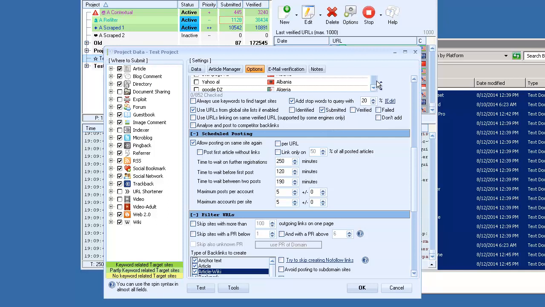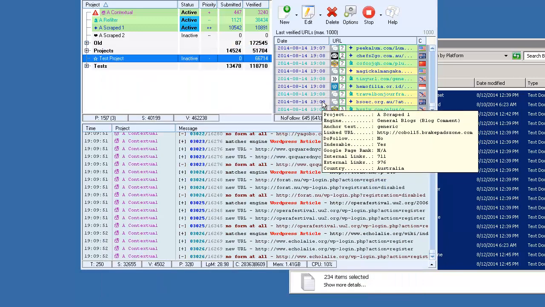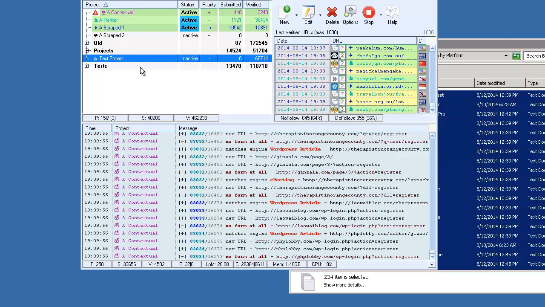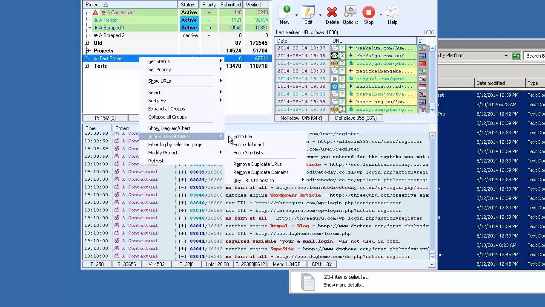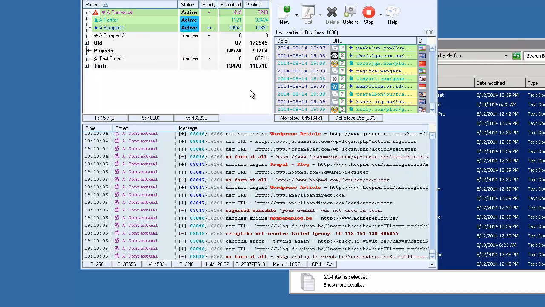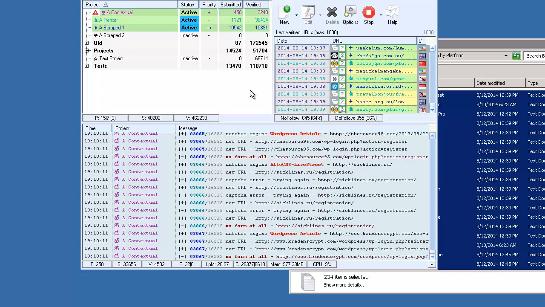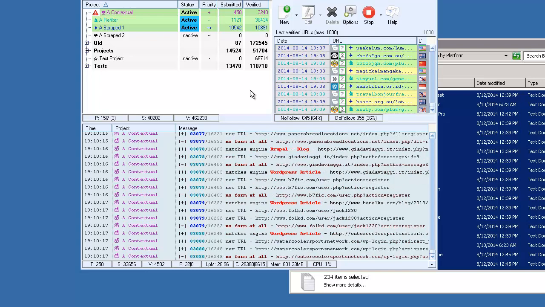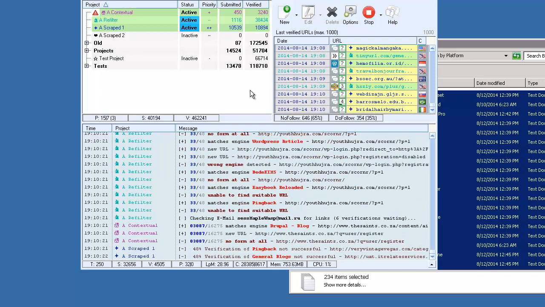So now when the project starts, it's going to pull lists from this submitted folder and make links for you. And that is how you can get going with the list, and the best way to do it. You can do this, right click and import targets by URLs here from file, or from site list. But the problem with that is that I did split testing, and I've read other people doing split testing on forums, and in some cases I got almost 50% more links, just depending on if it was highly contextual targets